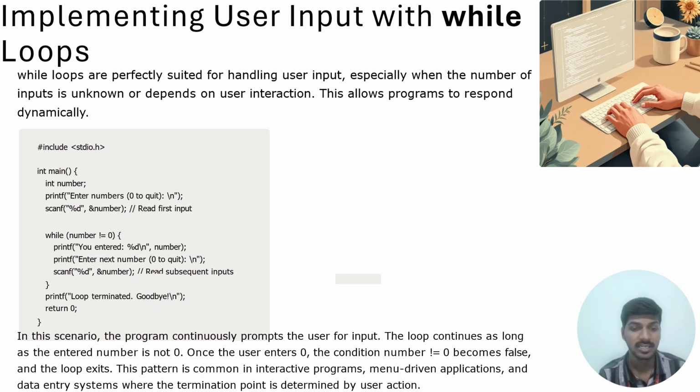0; } In this scenario, the program continuously prompts the user for input. The loop continues as long as the entered number is not 0. Once the user enters 0, the condition number not equals to 0 becomes false and the loop exits. This pattern is common in iterative programs, menu-driven applications, and data entry systems where the termination point is determined by